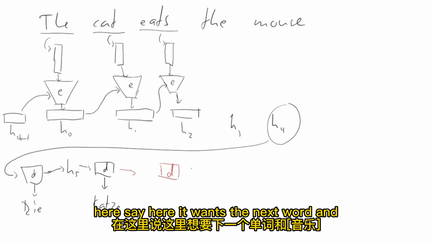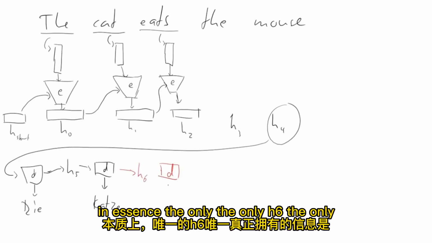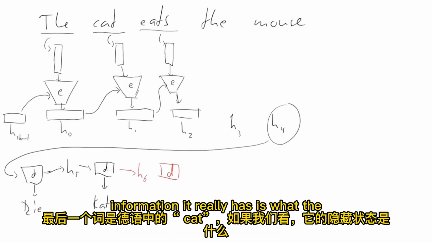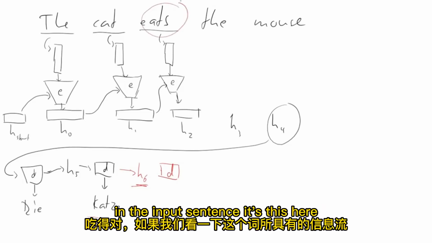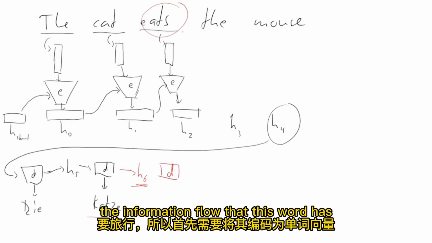And in essence, H6, the only information it really has is what the last word was, like the German word for cat, and what the hidden state is. So if we look at what word it actually should output in the input sentence, it's this here, eats, right? And if we look at the information flow that this word has to travel,